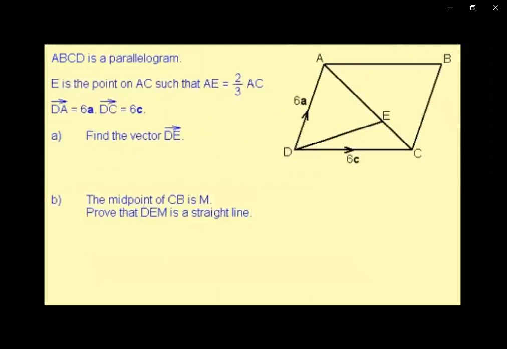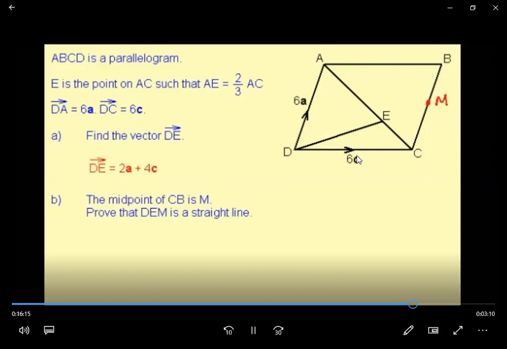Here's a question where you're going to do part A and then I'm going to do part B. Press pause and have a go at part A only. When you're ready for the answer, press play. Here's the answer to part A. Pay attention for the second part, part B, of the question. I'm told that the midpoint of CB is M. This is the stage where I'm going to show you how to prove that 3 points lie on a straight line. My strategy for this question is going to be to find